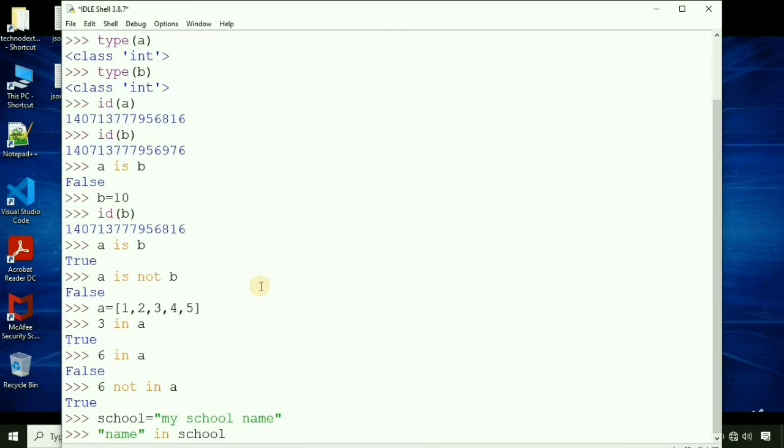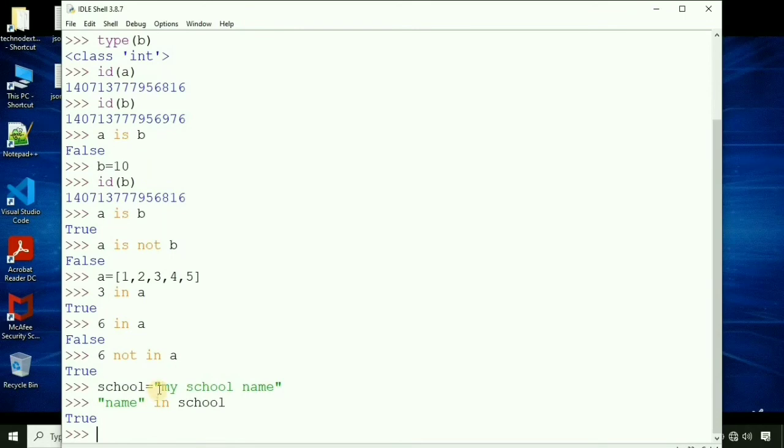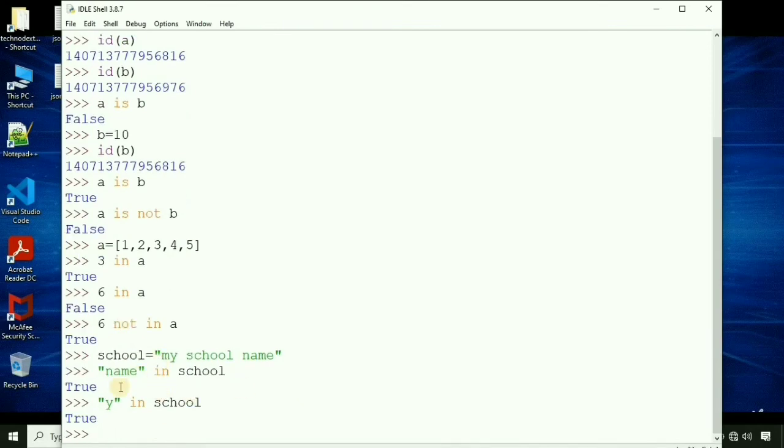So what will be the output? It will be true because the word name is present in this string. Let's check whether one character Y is present in a string or not. So for that you will be typing Y in school. This will be true because Y is present at the second position of the string.